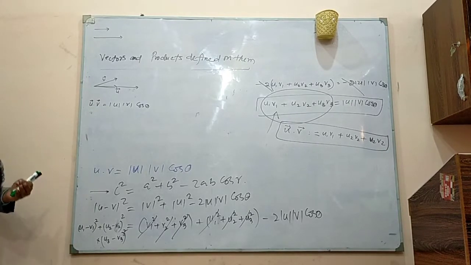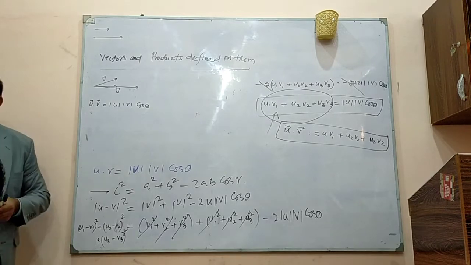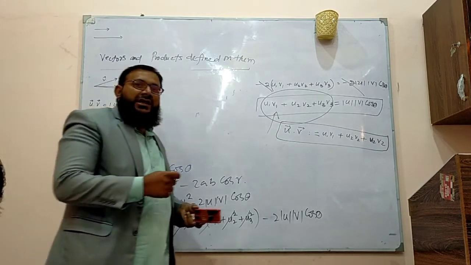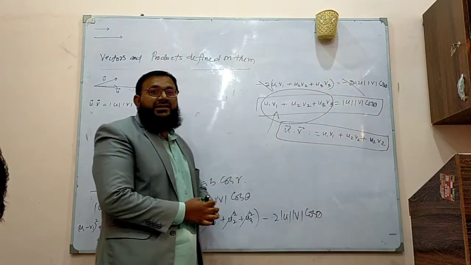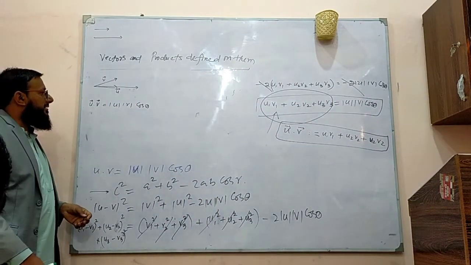how u goes into the direction of v and how much v goes into the direction of u. And when it is going to be like minimum